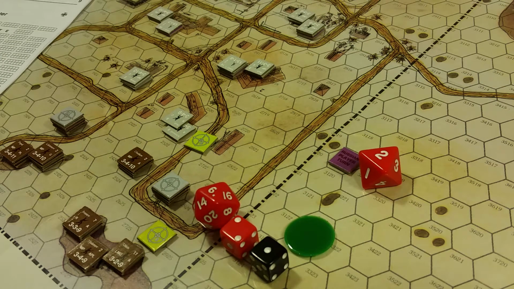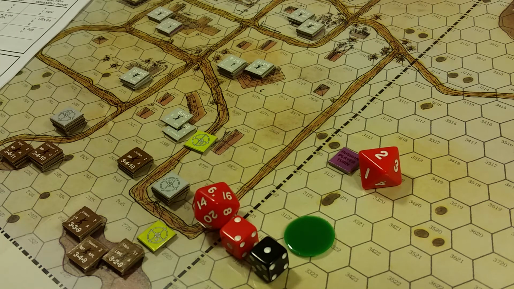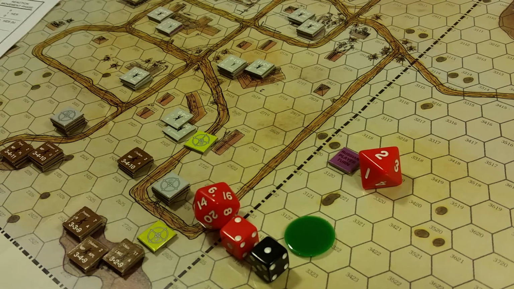Then there's any other reductions such as terrain effects. Terrain is mainly trees, AFVs, and wrecks. We don't have those in this case. So then we go to the next step, which is to